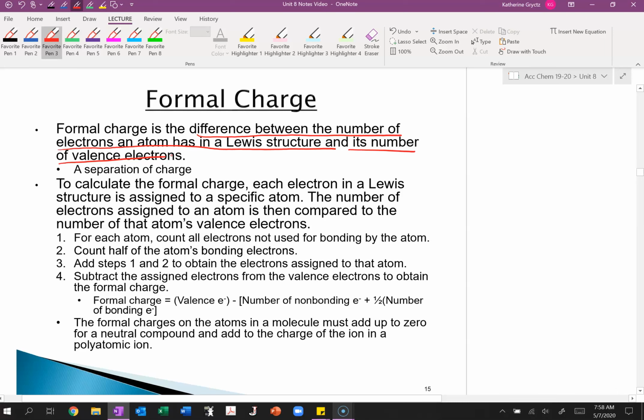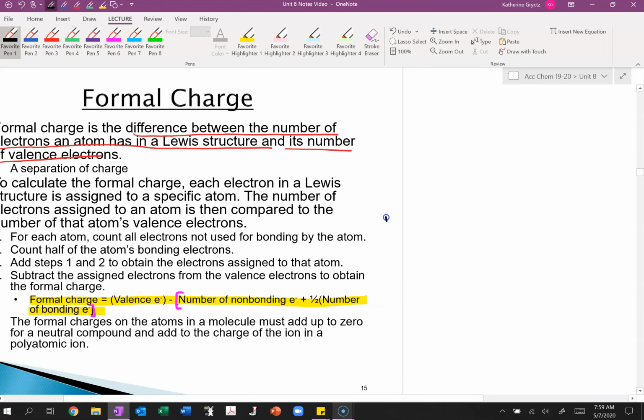Okay, and so there's a formula for this. How you calculate formal charge is you take the valence electrons and you subtract, and then there's a set of brackets here, so you have to do an addition first. You subtract the total of the number of non-bonding electrons and half of the number of bonding electrons. So there is a formula there. I'm going to do a little bit simpler. So how I calculate formal charge